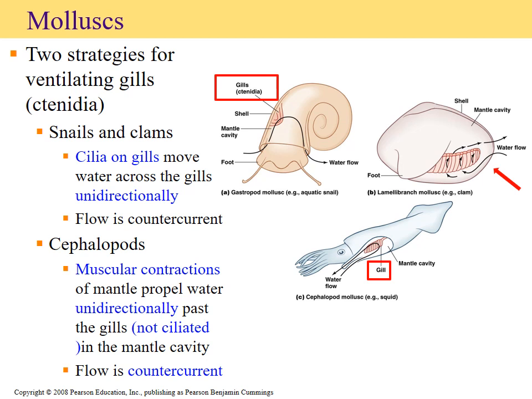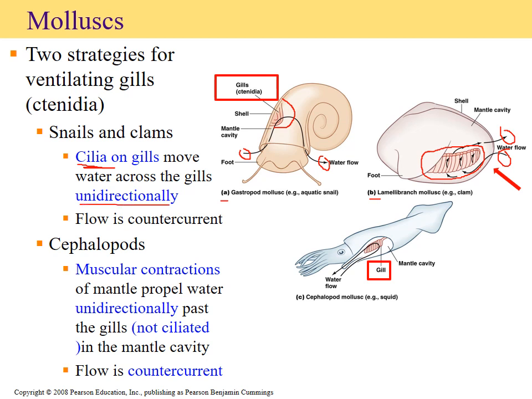If you take a look at picture A and B, you see a representative of the aquatic snail and the clam, and notice how on both of the illustrations they went ahead and drew the gills for you. So that's going to be your specialized organ where you're going to have your gas exchange. Now in both scenarios, these gills will be ciliated, and that's going to allow the water to interact with it as it's moving across and it's extracting the oxygen out of it. And at the same time, as the water comes in one part, it exits a second chamber, right? It doesn't come in and out of the same area, which means it falls under unidirectional